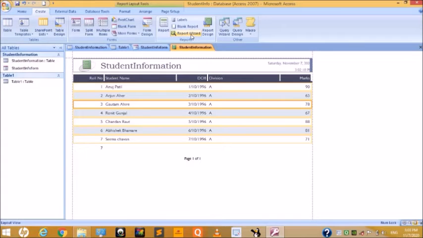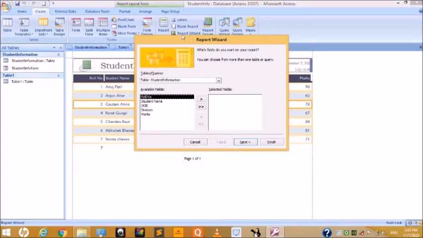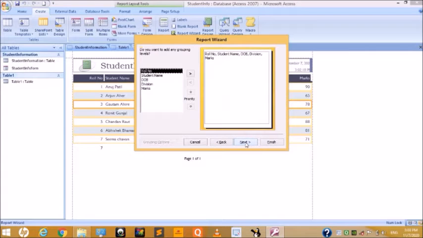So when we click on the report wizard, immediately one report wizard dialog box will appear here. This we already saw in our form report, right? Here the names are table and query selected. There are the two fields, available fields and selected fields. Select all fields, then click on the next button.